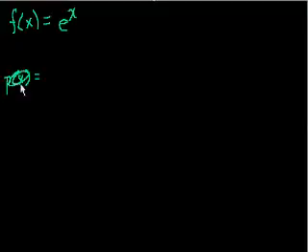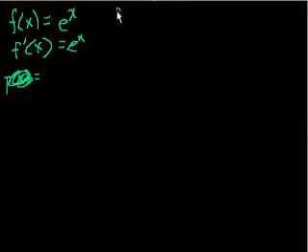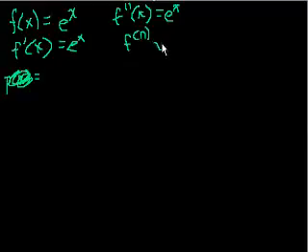Well, before we start building the polynomial, let's just figure out a couple of things. What is f prime of x? Well, that's also e to the x, right? What's f prime prime of x? Well, that is also equal to e to the x, right? We have learned, and I actually recently did a proof, that the derivative of e to the x is e to the x, but that always means the second derivative, the third, the fourth, and the nth derivative of e to the x is equal to e to the x, right? I can take an arbitrary number of derivatives of e to the x, and it equals e to the x,